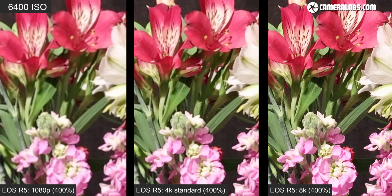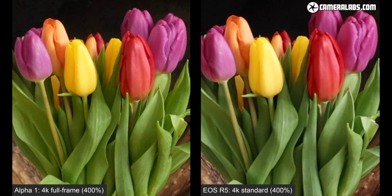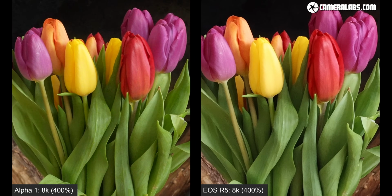but this time with each clip magnified by 4 times, so these are 400% views. Again, 1080 on the left, 4K in the middle, and 8K on the right. And before moving on, here's another quick comparison between the Alpha 1 and the R5 at 3200 ISO in each